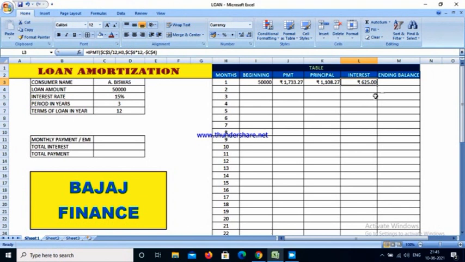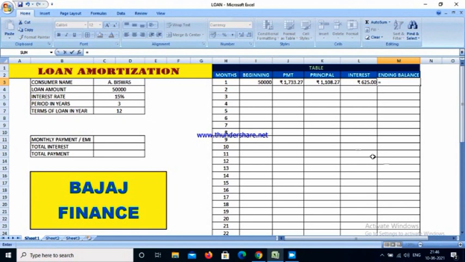Okay, now you have to find out the ending balance. How to find out your ending balance or closing balance, students? Put equal to symbol, click your beginning balance amount, minus symbol, and choose principal. Press enter. Look at here. This is your ending balance or closing balance. Once again, you can see, students, I will remove it from this cell. Once again, you will see how to find out the ending balance. After deduction of the interest amount from the per month amount, you will deduct the principal amount from the total loan amount. Then you will get your closing balance or ending balance.